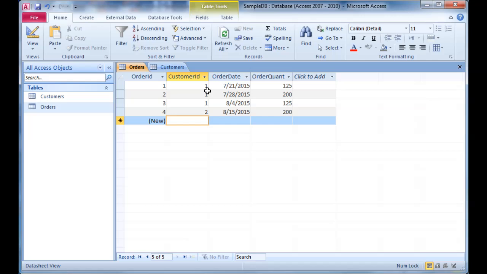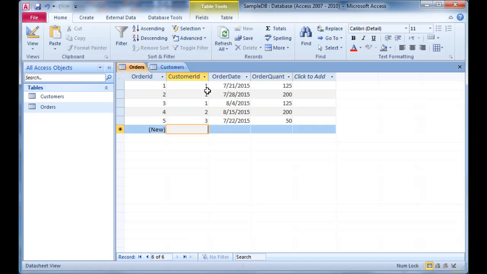The next one will be for customer 3, and the date will be July 22nd, 2015, and we'll put in 50 for this one. The next one will still be customer number 3, and we'll use the date of July 29th, 2015, and we'll put in 75